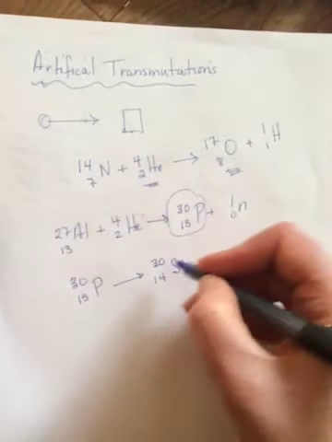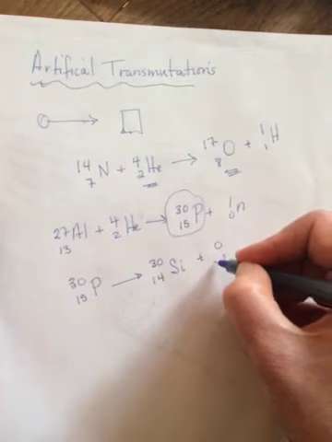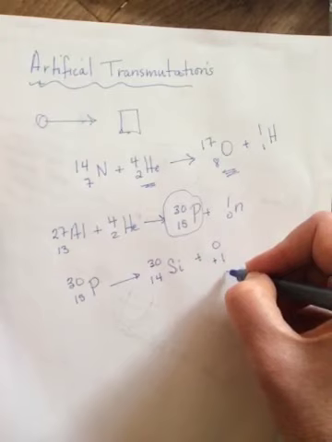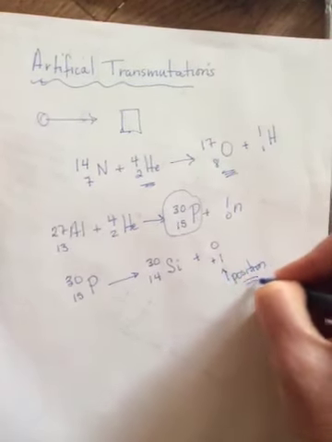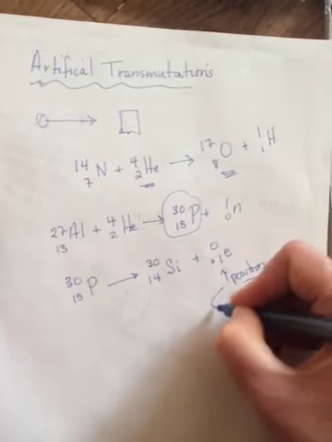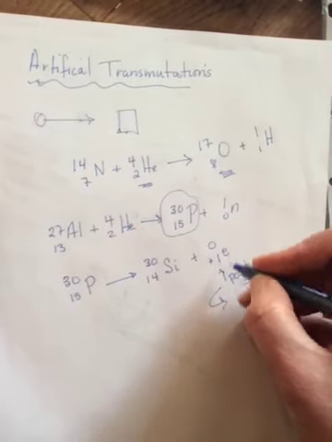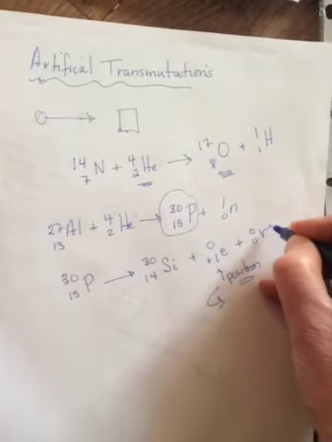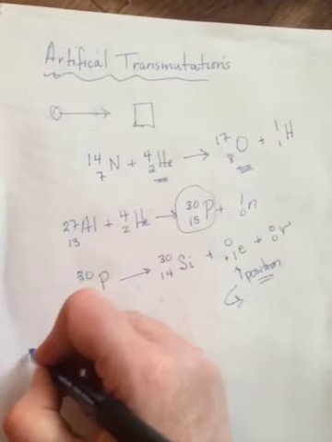So if you look here, what must be given off? Well, it must be a 0 on the top, and it must be a positive 1 on the bottom. But wait, we don't have anything that's 0, positive 1. And so we called this a positron. We now know it's actually a positive electron, or a positive beta particle. And lo and behold, a regular neutrino is given off. So this is called positron emission,